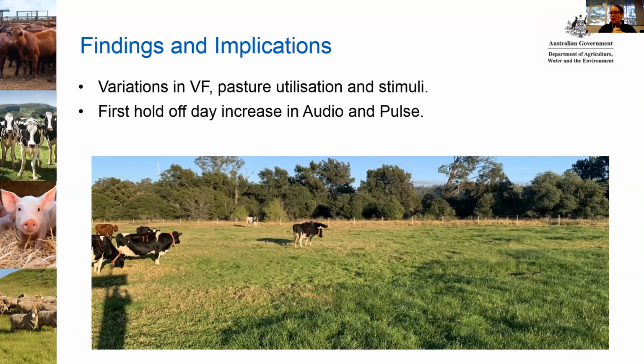So the first day we held them off from fresh pasture was a day we saw an increase in both the audio and pulse, but not the paired stimuli. So again, they were still retaining that learning and responding to the audio tone alone with their increased hunger. But by the second hold-off period, we did not see this. So again, they established that routine of being held off, as the next day they were going to get fresh